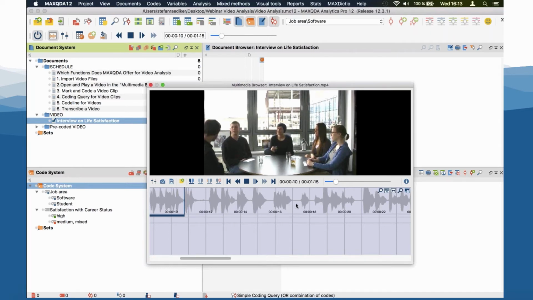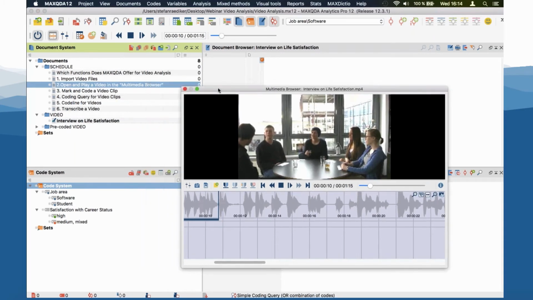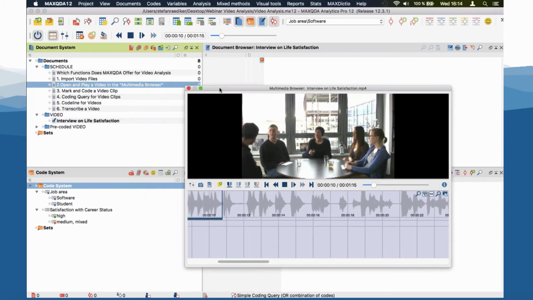So don't delete it, just keep it there. MAXQDA needs it and stores the preview images and the wave line inside this .dat file. Now we have opened and played a video in the multimedia browser, and we can continue with the next topic,